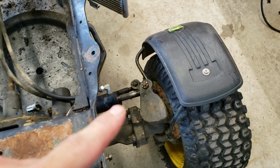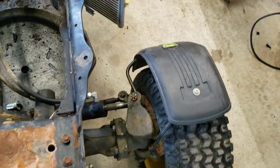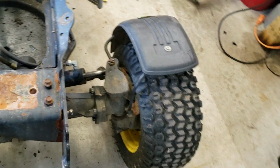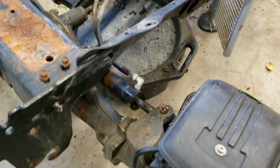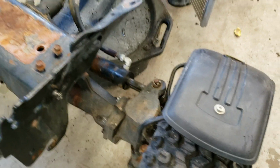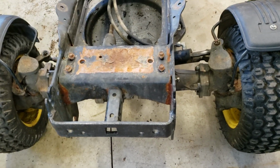Boots for the steering cylinder, because the boots are gone on that, or at least one of them is, so I'm going to replace both of them. And I'm going to paint the steering cylinder, because it does have some rust on it there. So I'm just going to clean it up. Probably going to take the front axle off after the new frame gets here, because I want to be able to take the